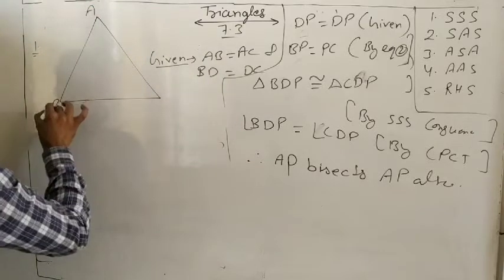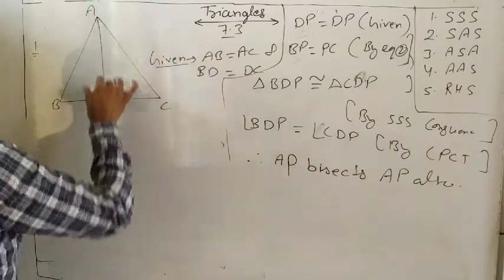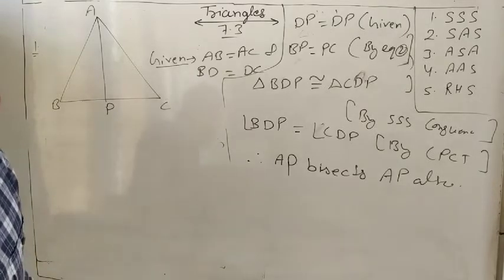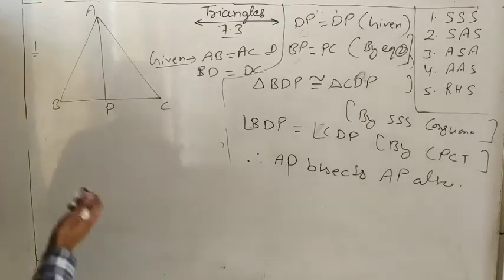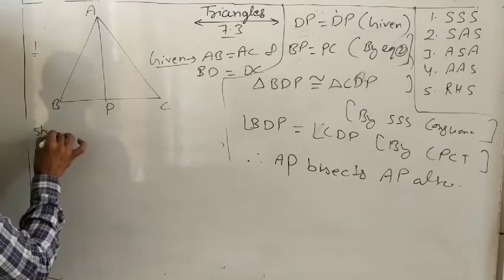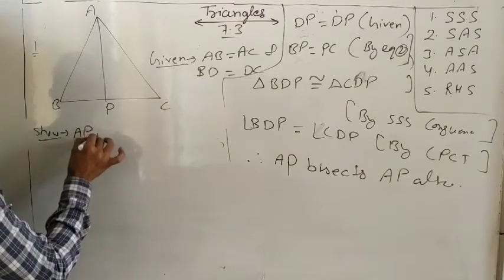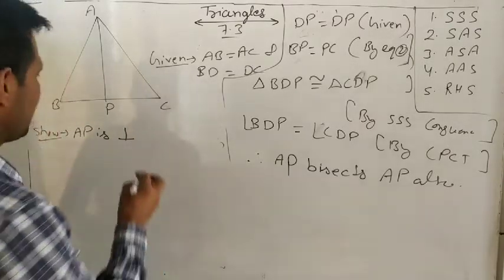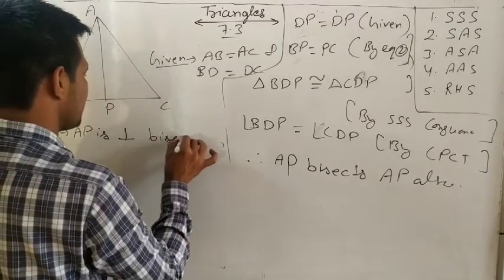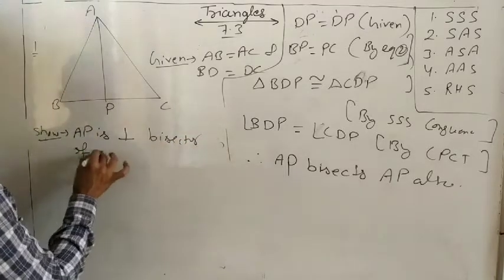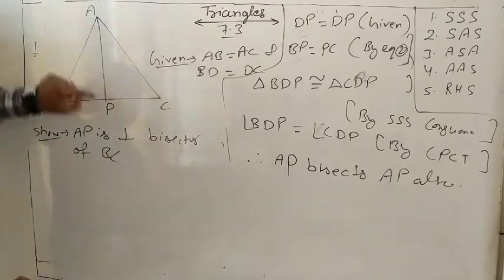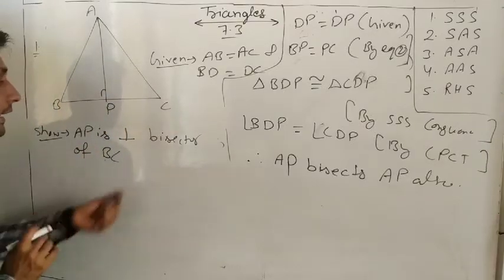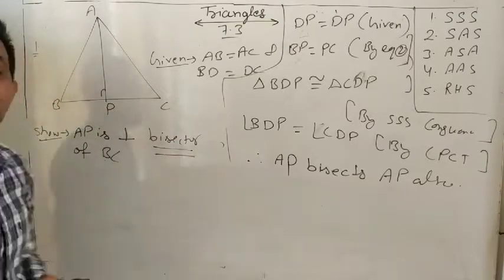A, B, C, and P is given. So we have to prove that AP is the perpendicular bisector of BC. Yes, AP is perpendicular means 90 degrees, we have to show that, and bisector means divide into two